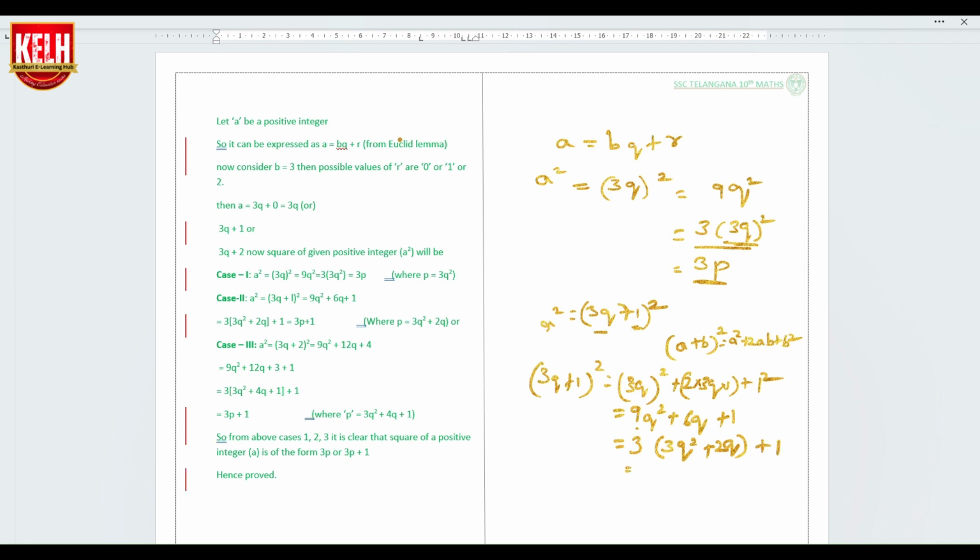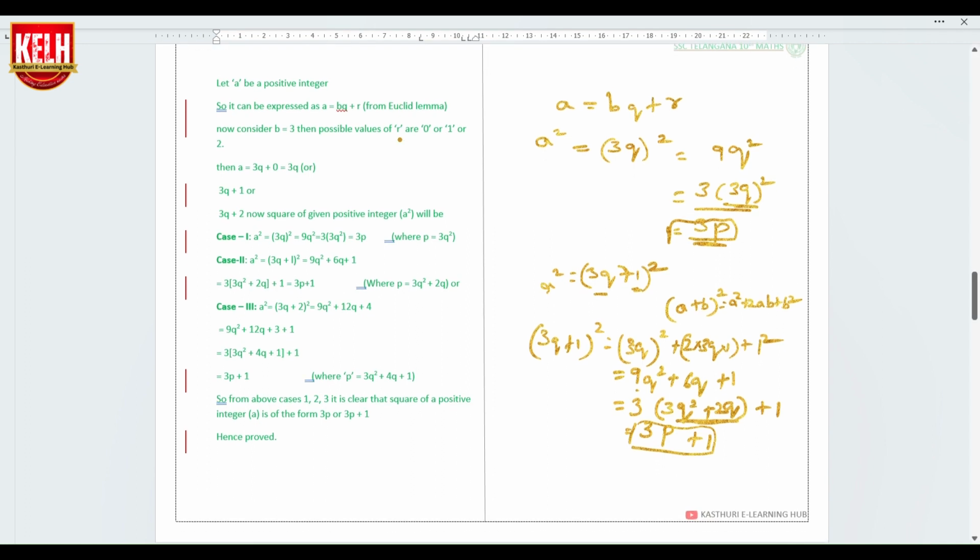So here, if you take q square plus 2q as a variable, as we have taken p here, I will use the same thing: 3p plus 1. So the first one is in the form 3p, and the second one is in the form 3p plus 1. Okay. Now the next step. Next is